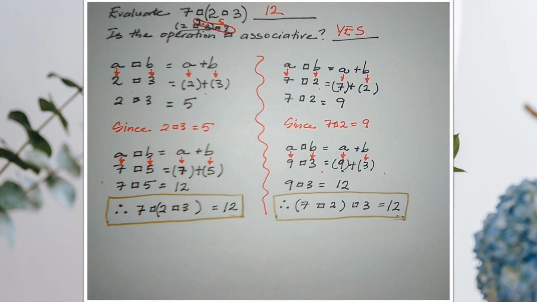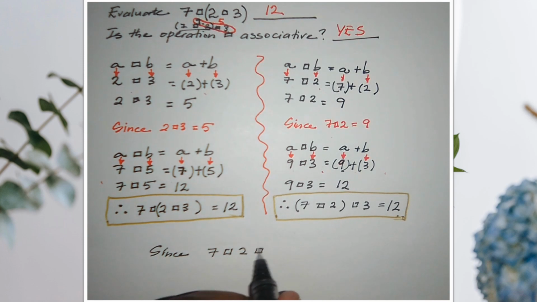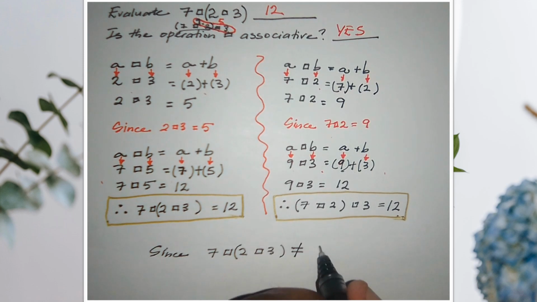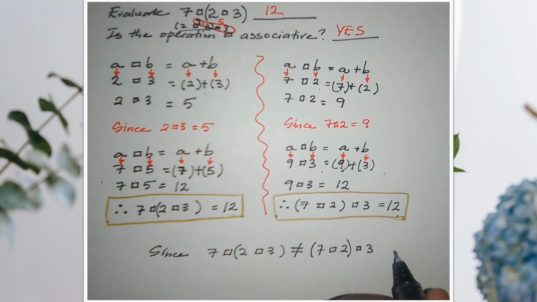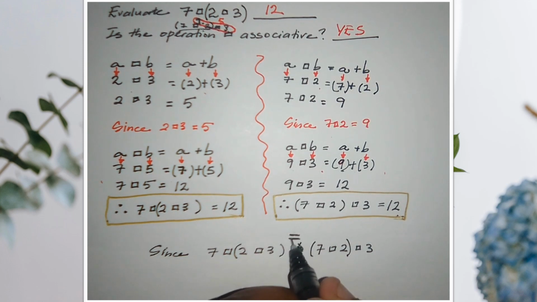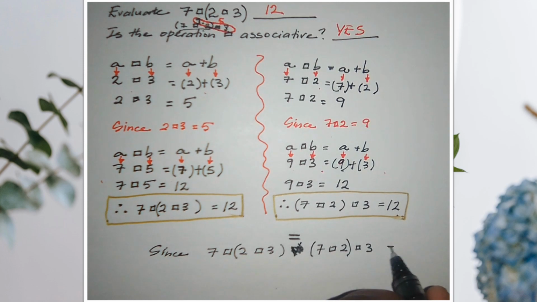And we can always clean it up, come and say, okay, since 7 box (2 box 3) with 2 and 3 in bracket is equal to (7 box 2) box 3 with 7 and 2 in bracket, and all of that was equal to 12,